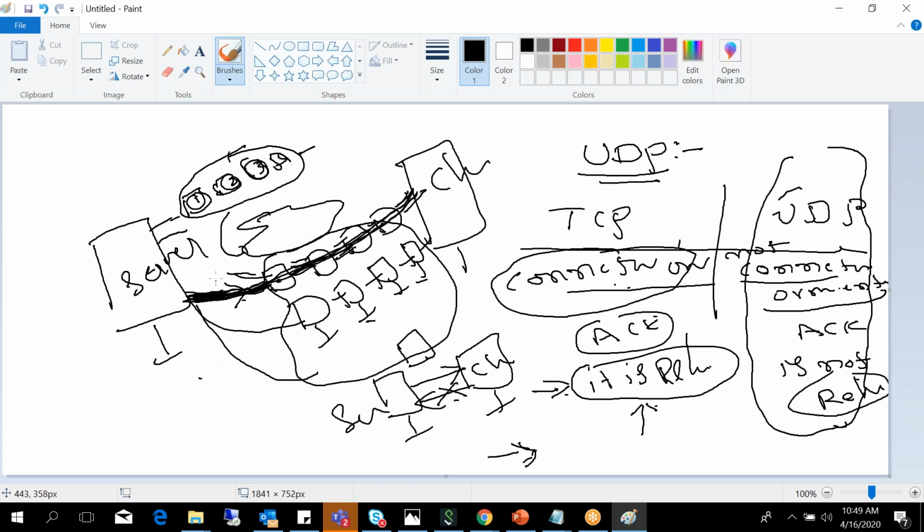But in UDP, the first packet will choose this network, the second packet will choose this network, the third packet will choose another network. See here, every packet is independent. This is going one route, this is going another route.